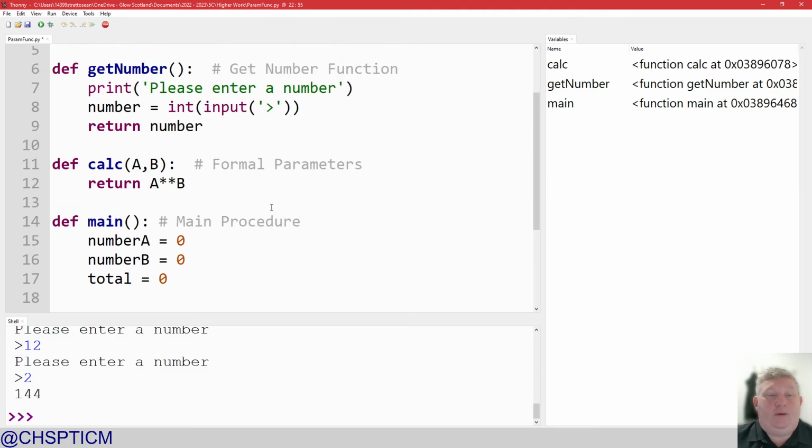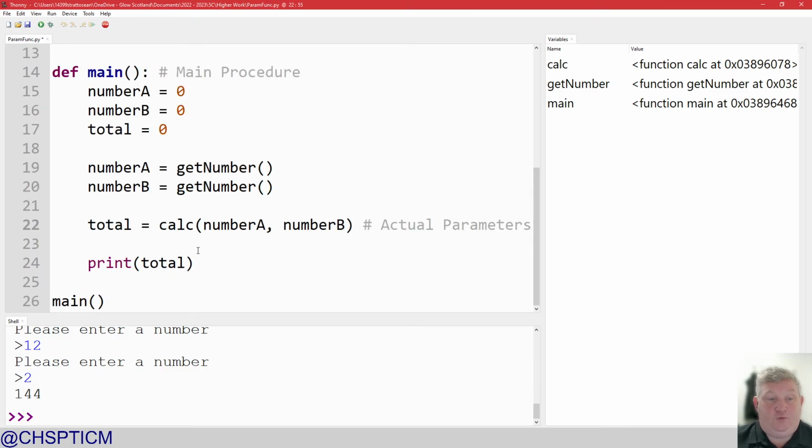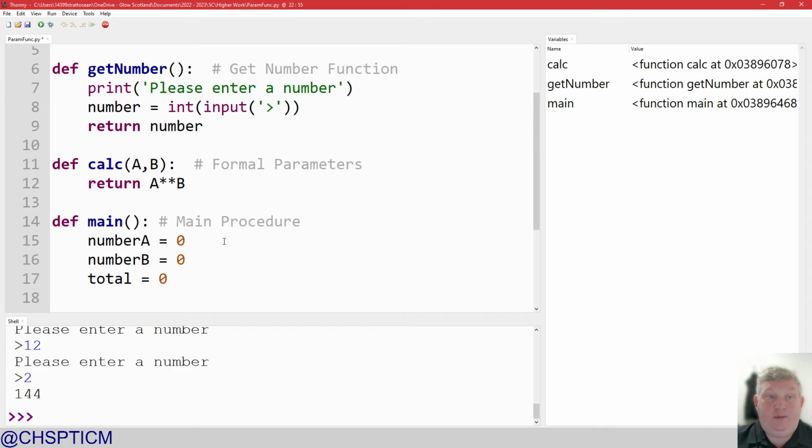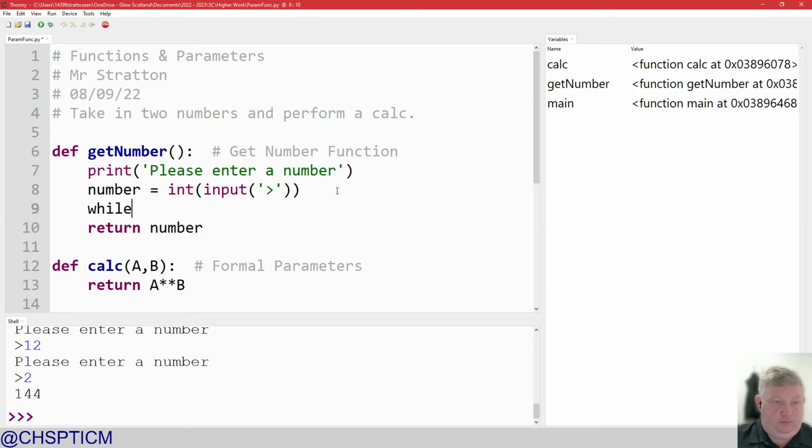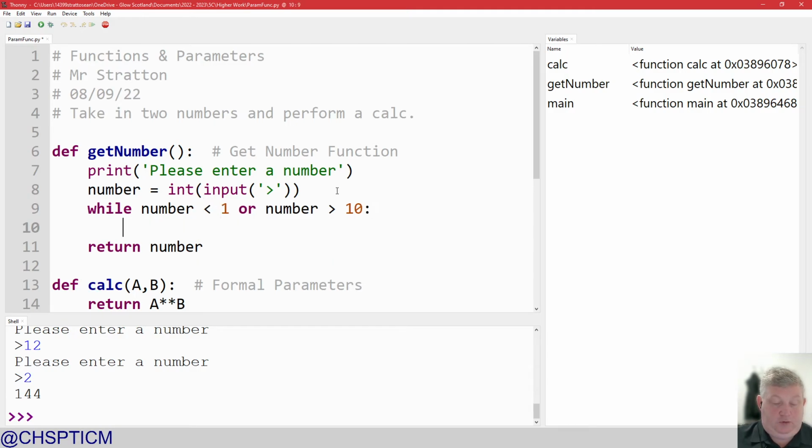The amazing thing about this is what we can then do is change one part of the program and it changes how the entire program works. So we've managed to get the numbers, but if I want to do a minimum max, if I want to do an input validation, I'm going to go up here and do while number less than 1 or number greater than 10. And spaces out to make it look pretty. And I do print